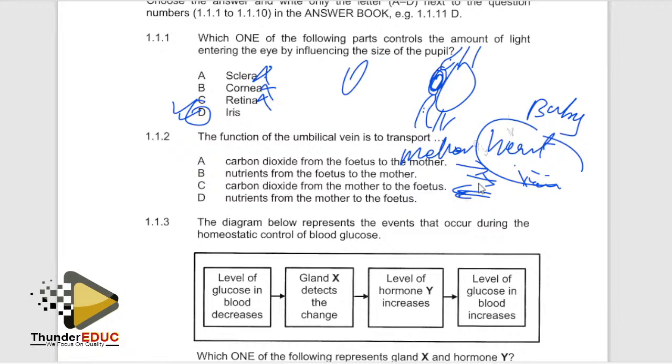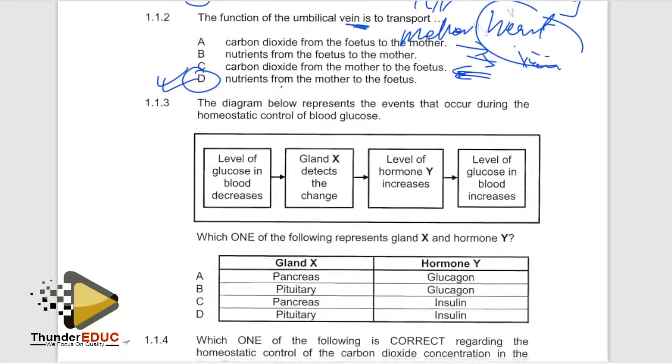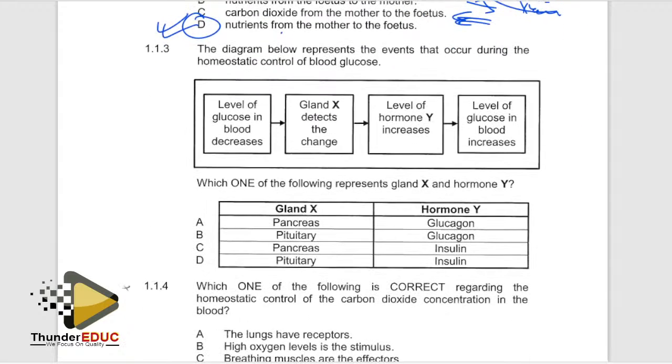So nutrients are taken to the baby from the mother because it is the mother supplying the baby. Therefore the function of the umbilical vein is to transport nutrients from the mother to the fetus. This one becomes the most correct answer. Yes. Then we go to the next